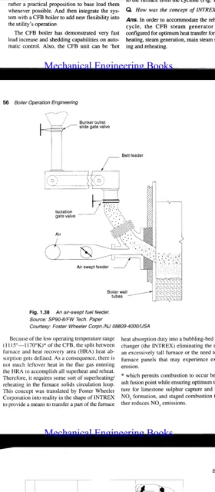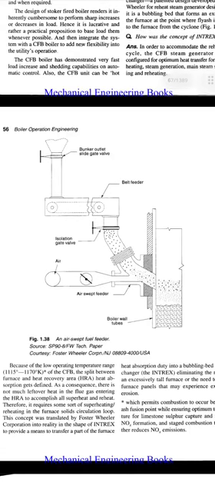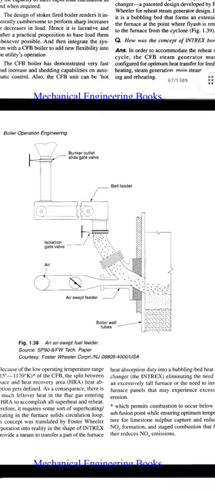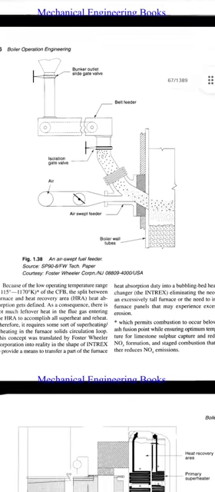This is page number 56. In this diagram we can see the air swept fuel feeder and the bunker outlet slide gate valve. It is in the upper diagram, and after that the belt feeder is available, the isolation gate valve and air swept feeder are available. So the fuel goes into the boiler, where the boiler water tubes are available.